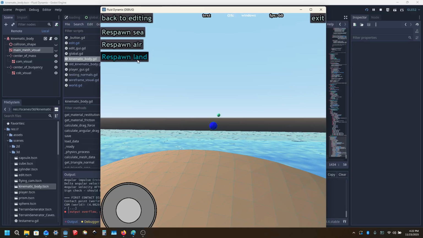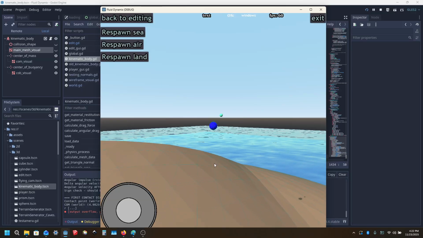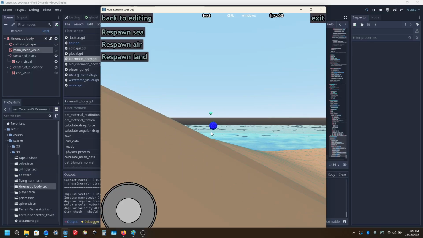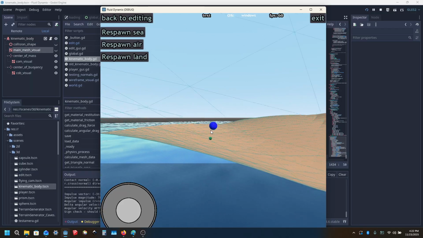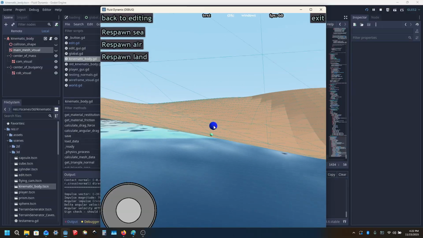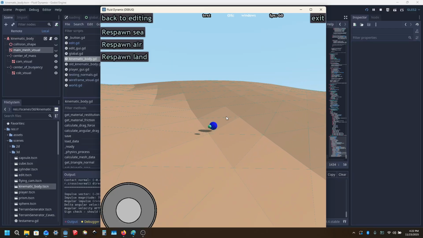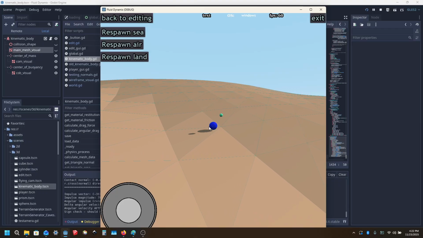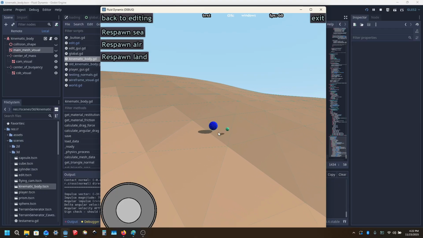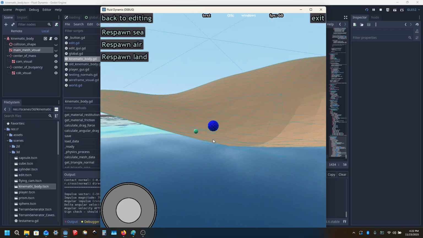And I made it spawn at different locations. And you'll see here it's supposed to spin the opposite way, but it doesn't. It's supposed to spin that way when it hits. So it's that initial contact. I don't know if I'm using the wrong cross product or not, or if it's just because it's spherical, but it's supposed to be hitting,